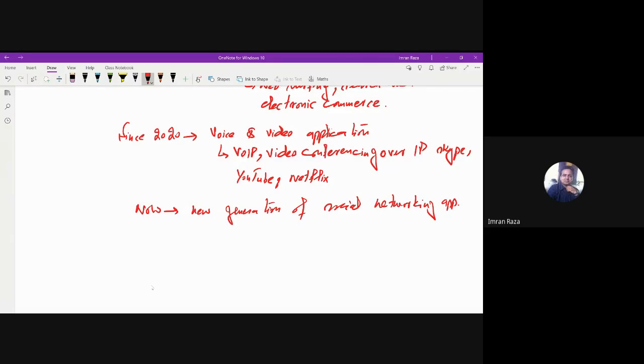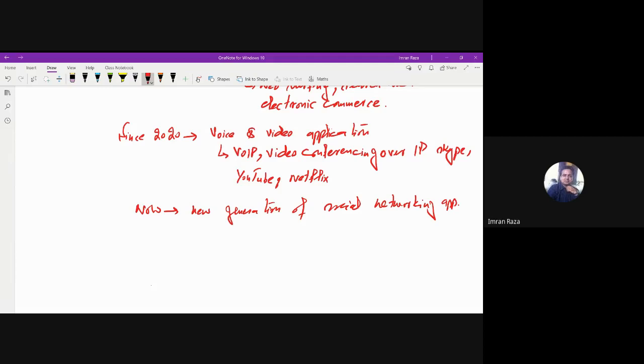So the reason for discussing all these applications in a timeline is to understand that the basic driving force behind computer networks is network applications. We have to understand what sort of different network applications there are.